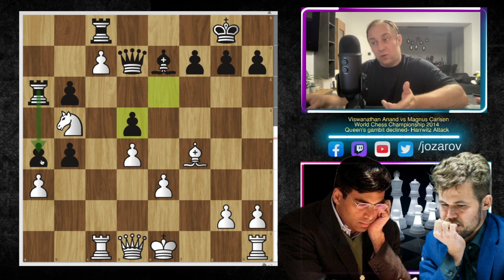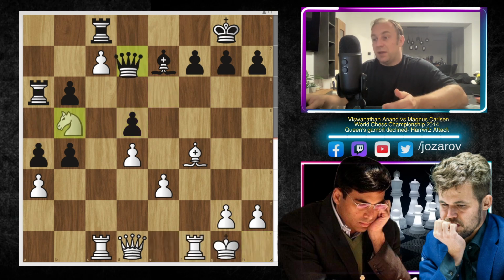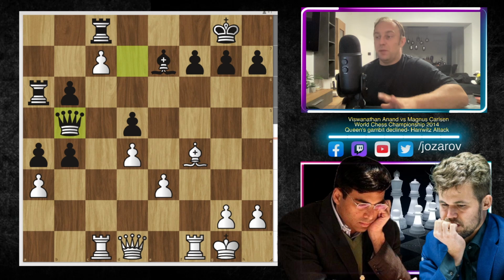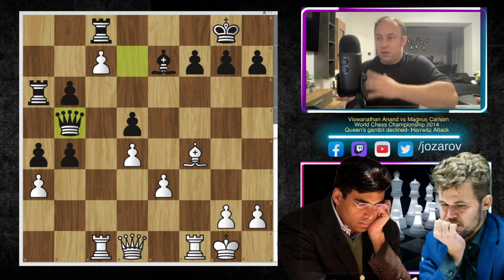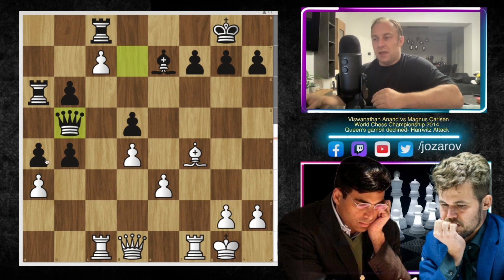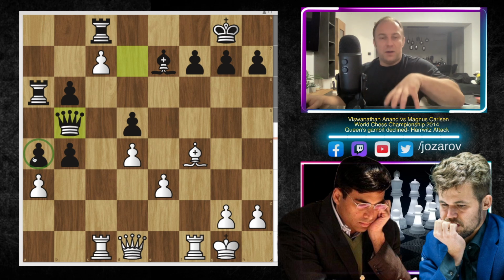So you don't have to lose the a4 pawn in this scenario. And now in the continuation, maybe something like castling. Now finally black can take queen takes b5, and still white is slightly better. I'm not saying that black is winning the game, because black would have played this continuation, but in my opinion, staying with this a4 pawn would be a very important continuation here from Magnus Carlsen.